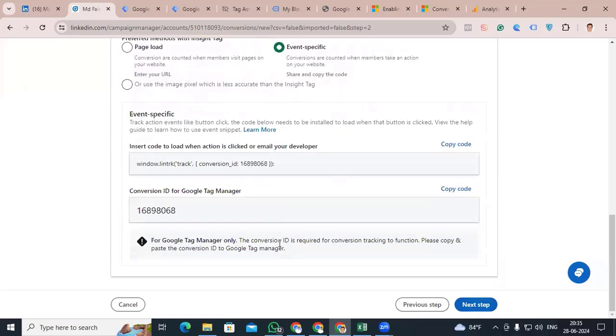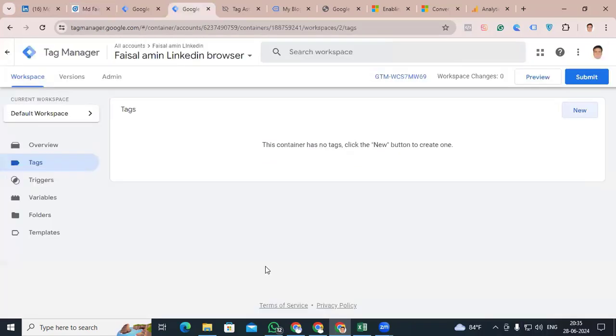For that, I go to Google Tag Manager. That is my Google Tag Manager browser container. I hope you understand how to create a GTM container and also the browser and server containers. If you do not know yet, you can check my channel. I have provided lots of videos,